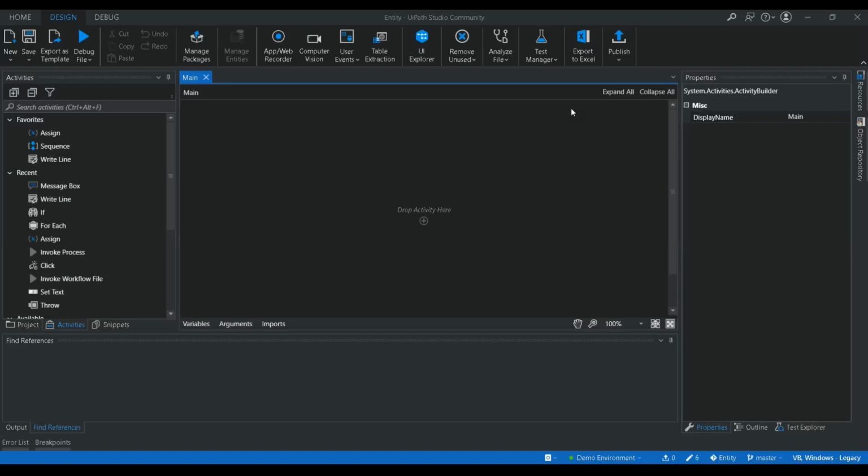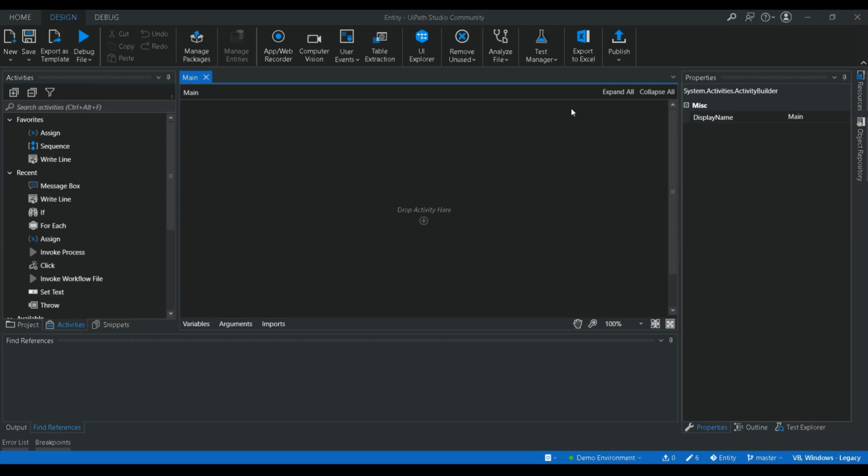Today we are going to get familiar with what is data service and what are managed entities in UiPath Studio. So you may have seen a button called Manage Entities in Studio, and it may be in a deactivated state. In this video we are going to see how you can activate Data Service for a particular tenant in Orchestrator, and how you can use the entities activities for managing the data that you're creating in the Orchestrator. All these points we're going to cover today.